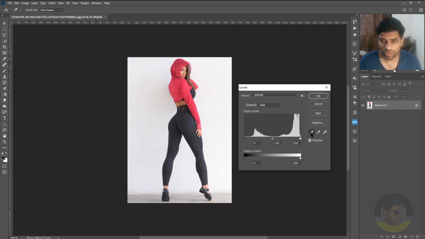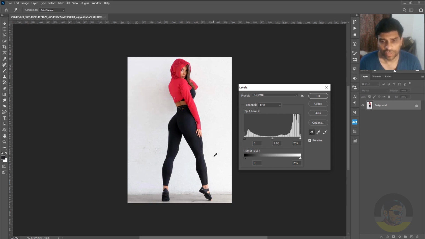Actually, if you hover over the first eyedropper, it will show a tooltip, which means sample in image to set black point. So after clicking this eyedropper tool, you need to select the black point within your image. We don't need to select the pure black point in your image, as that area will be considered as pure black and you will lose any detail within that area or all those areas which you are going to set to black. So I will choose an area which is almost black, like here,